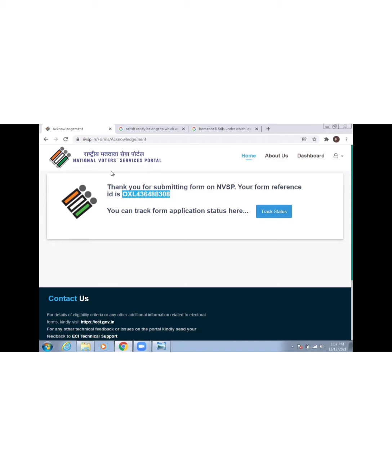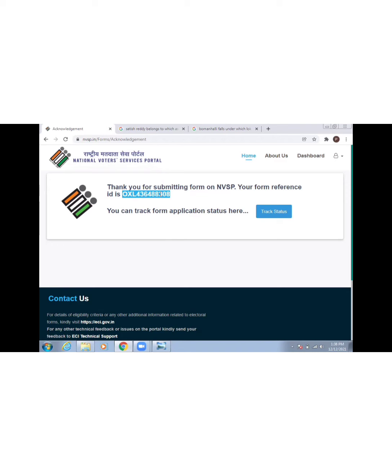So sometimes what happens is when you click on submit, it doesn't get submitted and it gets stuck and shows some error message. If that is happening, you have to log in again and fill all your details from the first. Sometimes in the first attempt itself, you'll get your reference ID. Make sure you get this reference ID. Till then, keep filling the form. Most of it should happen in the first attempt.